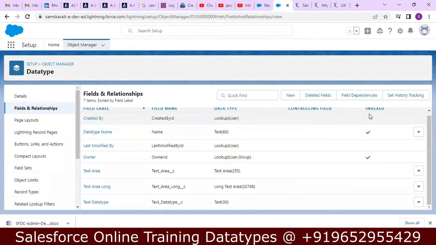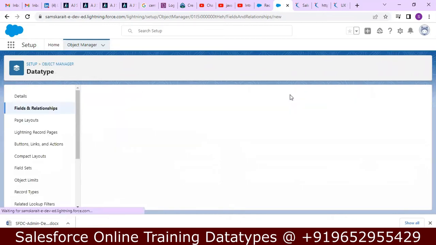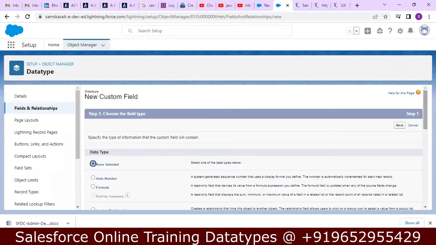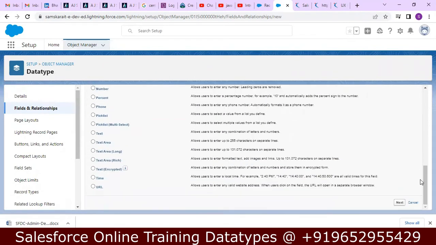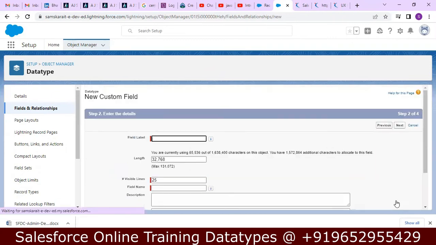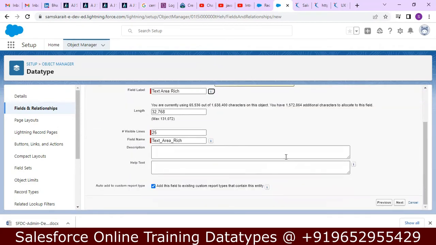We have text area long. We are trying to create text area rich, but it is not populating here. Text area rich. Next. Field label is text area rich. Yeah. Text area rich. This is text area rich. Enter